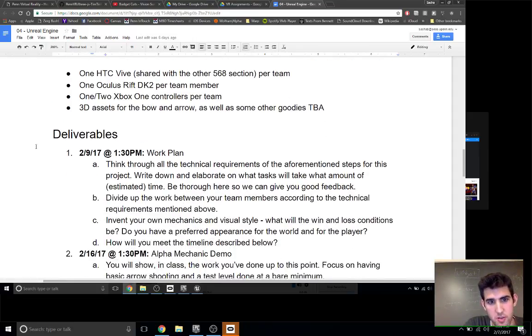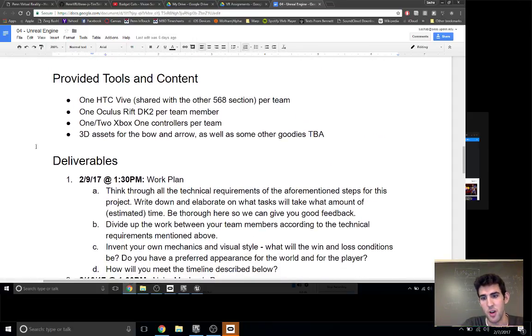Here's where it gets interesting. In order to avoid what happened with this project where people didn't seem to start until a week before, we are implementing some deadlines and deliverables. So this is Thursday. 2 days from now, find a team, and this doesn't have to be 10 pages long. It can literally be a page. It shouldn't take very long. Break down what you think is going to be the hardest part of each of these tasks, who's going to do each task, and just basic, I'm not looking for anything crazy here. You don't have to do a Gantt chart, just try to plan out your work and divide the labor between which team members find things interesting.